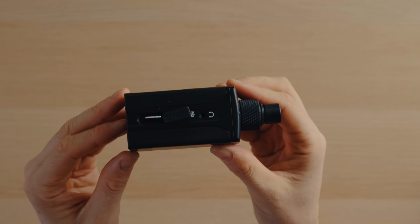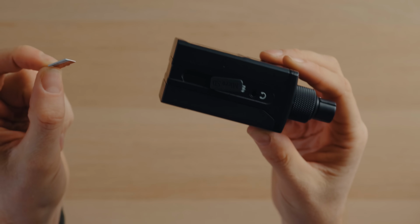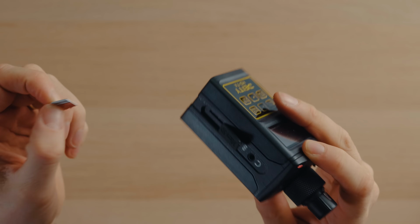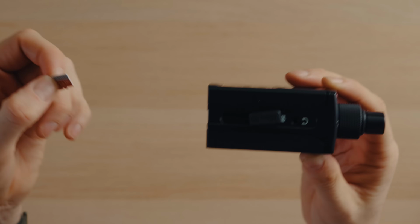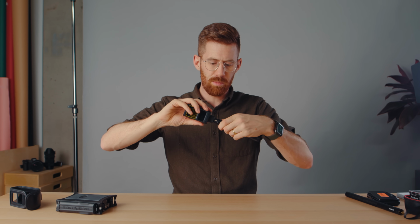But what really sets it apart is it also has a micro SD card slot in here, so you're not just recording to the wireless connection. If there's any cutouts, you still have a backup copy on your little micro SD. The way I've been using this in the studio is similar to what I was saying about the light, being able to just wheel it around with no cables. Same idea where I put this on the end of a boom, which this isn't a boom, but...